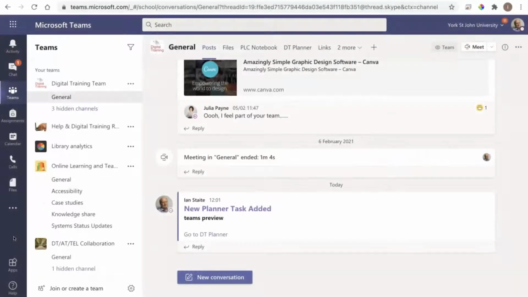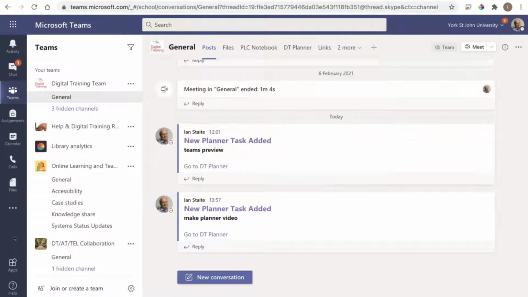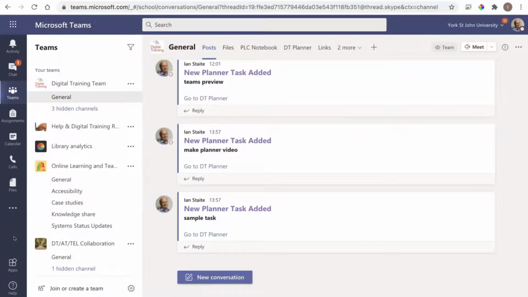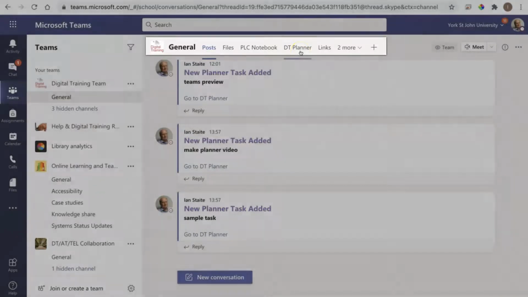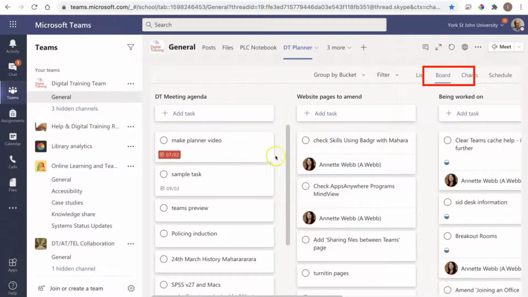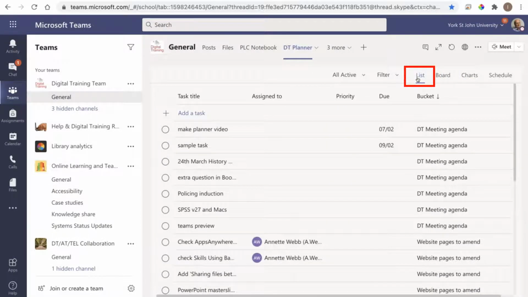Hello, we're going to have a look at the Microsoft Office 365 Planner app, which lets you organize tasks. Often, if you're in Microsoft Teams, within your team, a planner will be pinned to the top menu. Here we're in board view. Each task has its own little post-it note. There's also a list view with all the tasks listed.